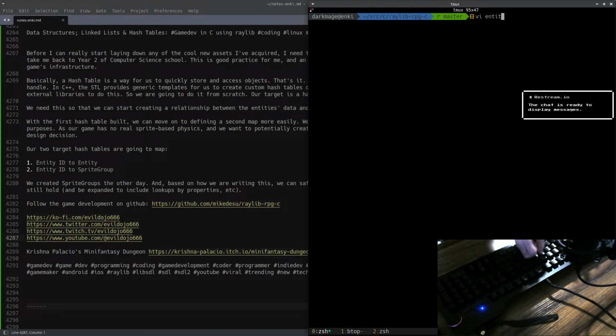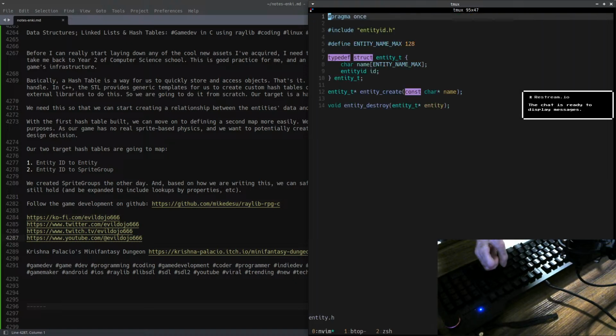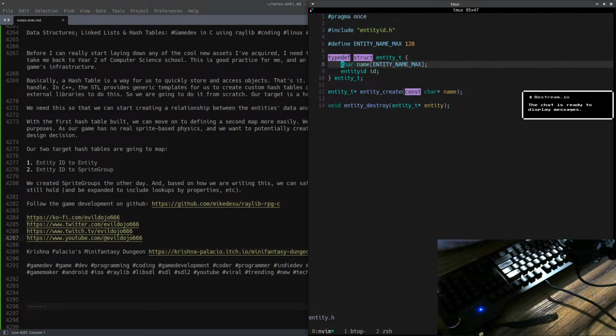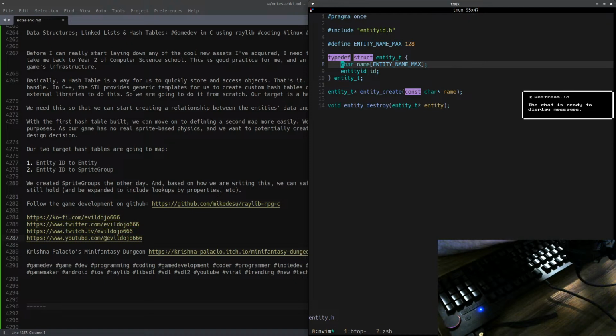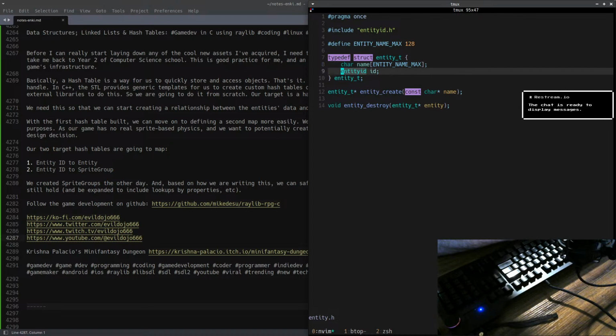So the other day I created an entity type, super basic. All it has is an entity ID and a name. Super basic, right? Eventually this is going to grow and have a lot more on it, but in the very beginning we're just going to be working with this, and we're going to be mapping entity ID, which is already a property on it, keep in mind, but